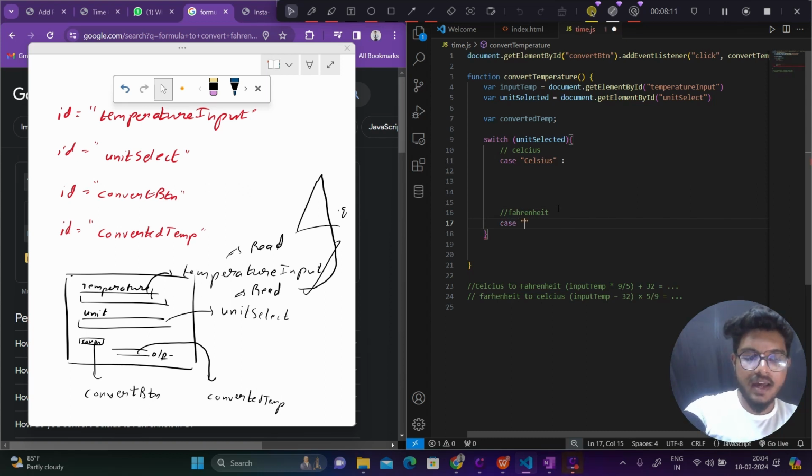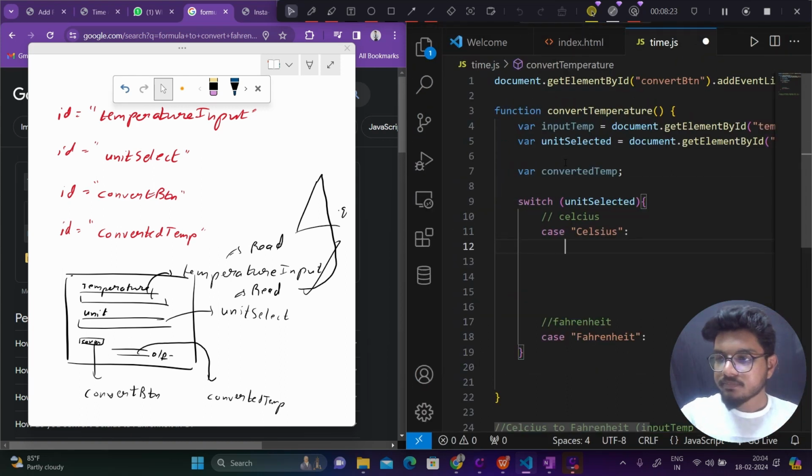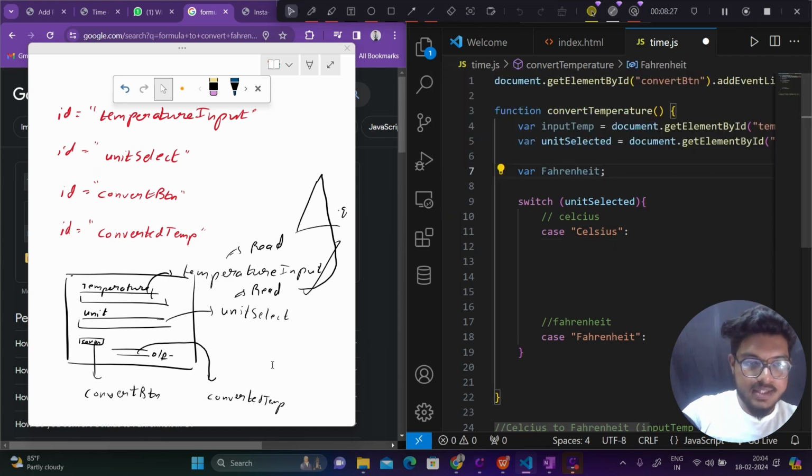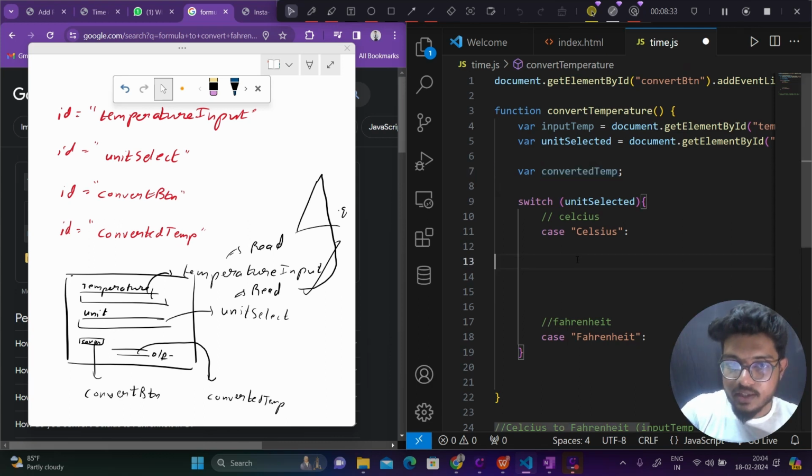For case Fahrenheit as well, something should happen. What has to happen is nothing but this formula. This formula has to be written. How? Where to write this formula? Inside this converted temp, we are updating the value, right? So inside this